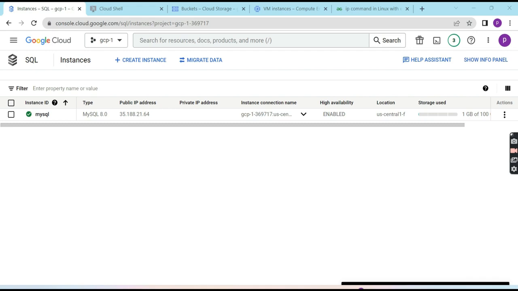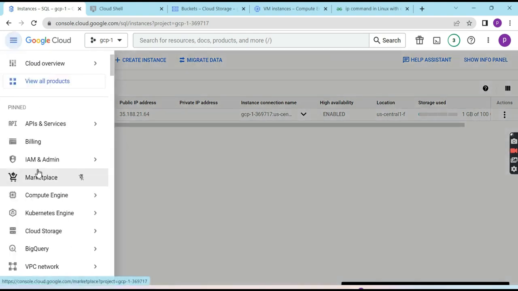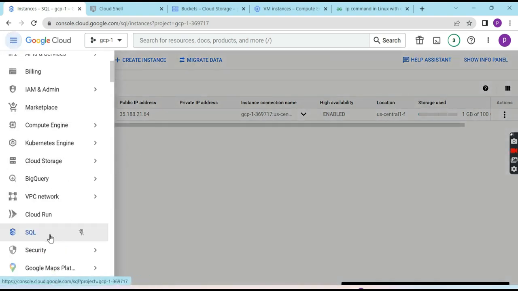So in this video, I would like to demonstrate another very important topic. It's about how to provision a MySQL database server in GCP. I'm going to demonstrate how to create an instance of a MySQL database in GCP, and I'm also going to connect and show the tables in detail, and also